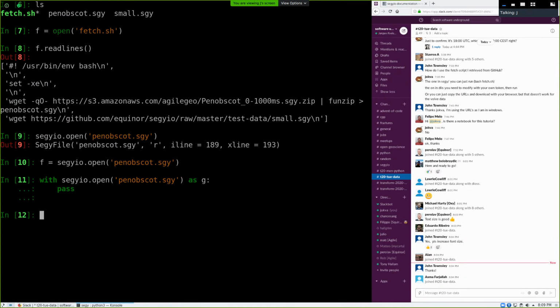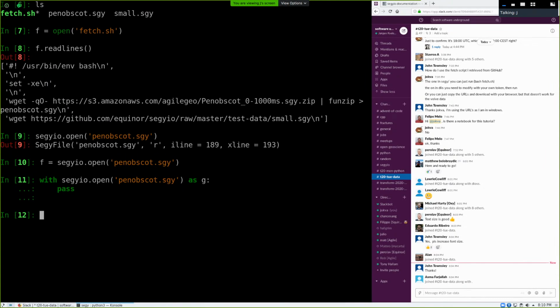Now what would happen here is that segyio will realize that you don't want the file to remain open once you've done whatever you want to do in this block, and it will close it for you. So for all your programs, this is what you should do. However, it does work without,